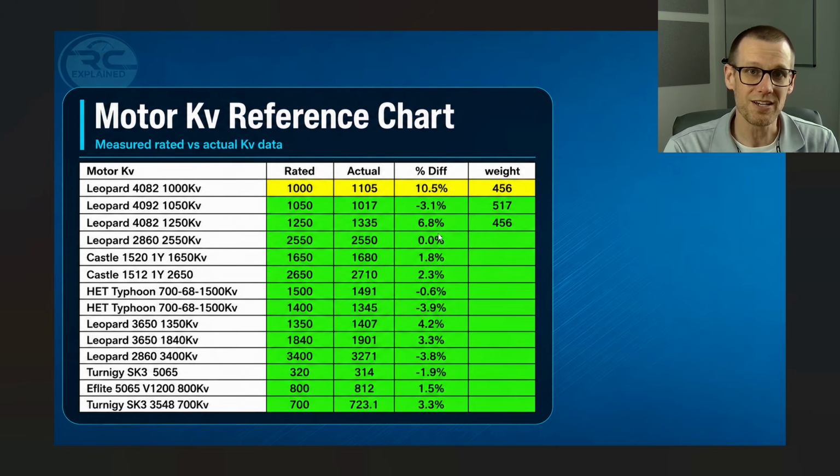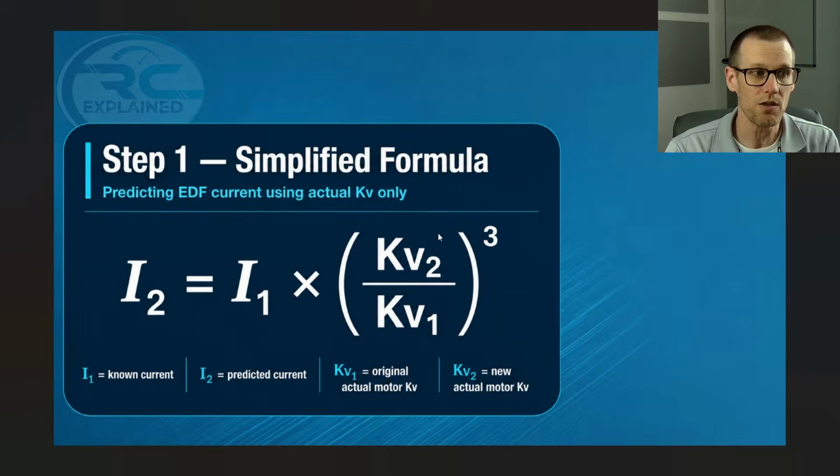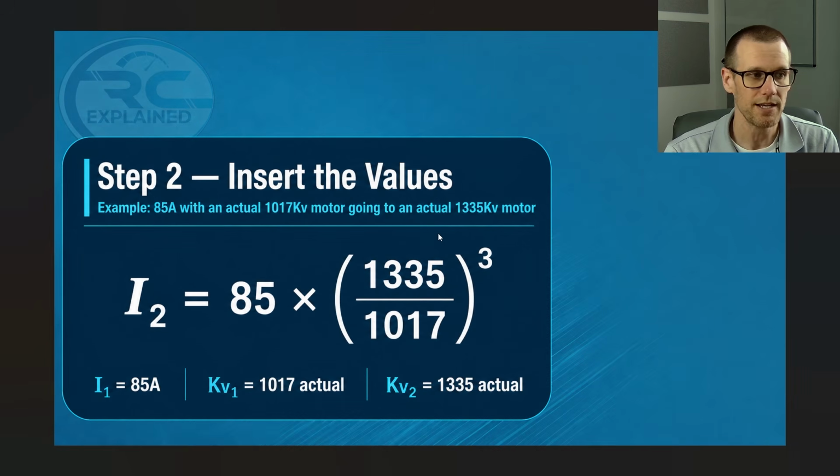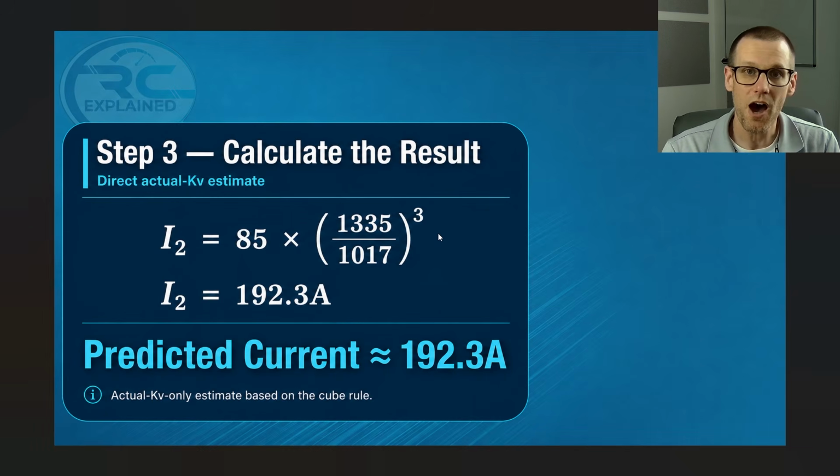So how does that affect us when we're actually going through this and determining the actual values? Well, when we throw in the simplified formula, the new values that we get, this is what they are. 1335 goes on the top, 1017 goes on the bottom. If you're wondering how to do that calculation, you just do the division there first, and then you take it to the power of 3. Multiply that by 85, and this is the answer that you get. 192 amps now is what it's saying this motor is going to do,